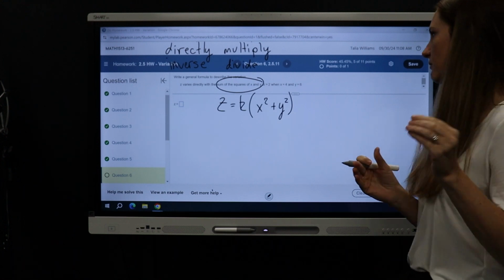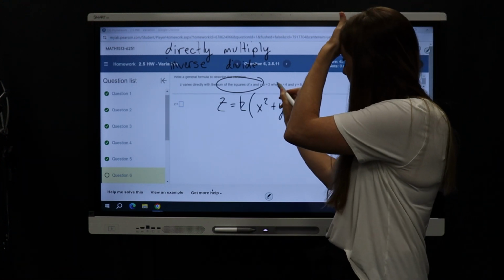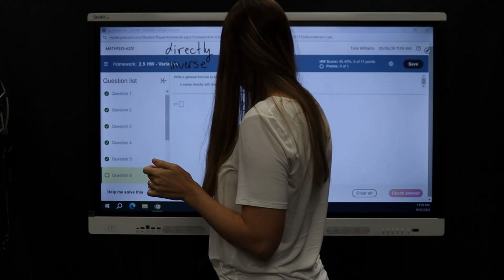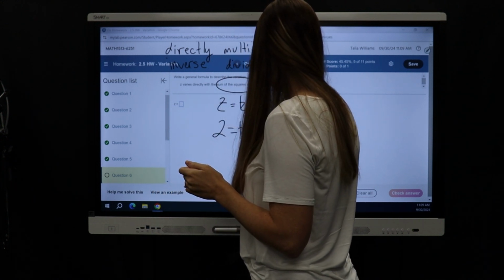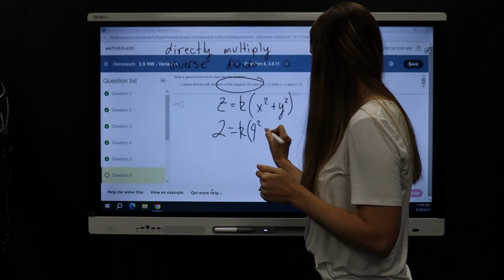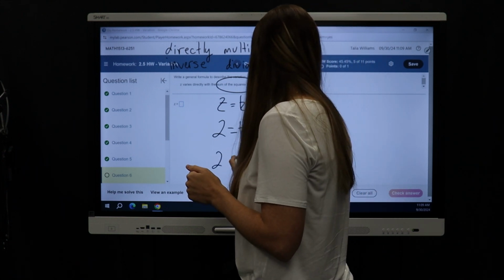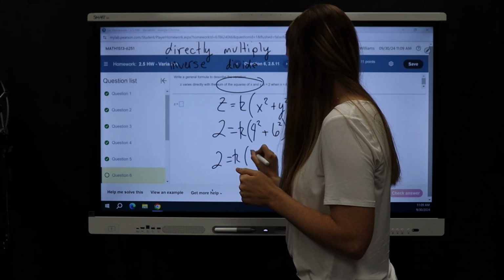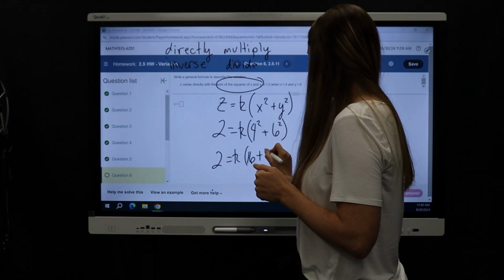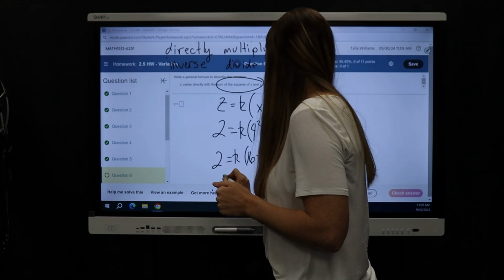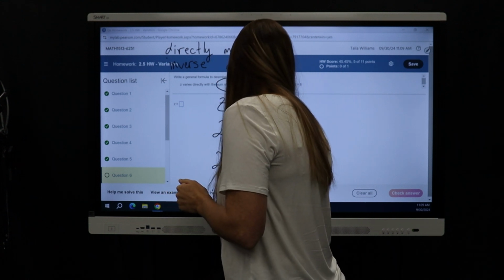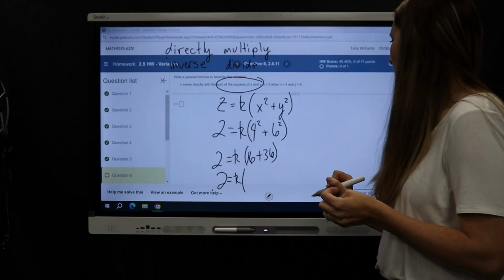And then we have z equals 2. Okay, x is 4 squared, y is 6 squared. So 2 equals k, 4 squared is 16, 6 squared is 36. 2 equals k times 16 plus 36 is,